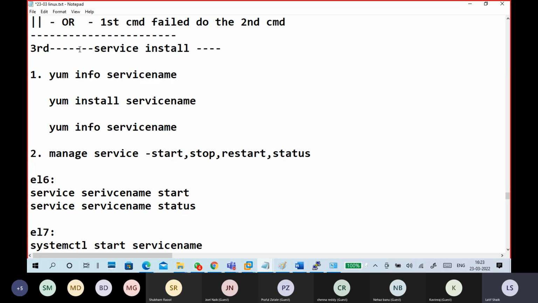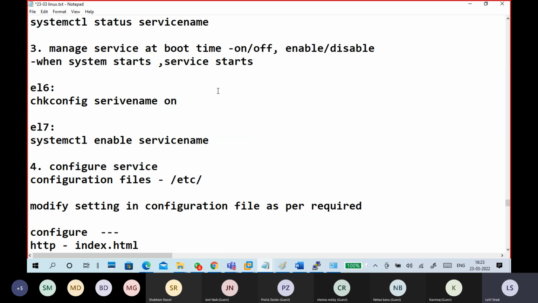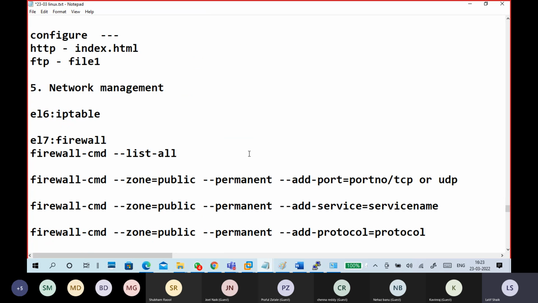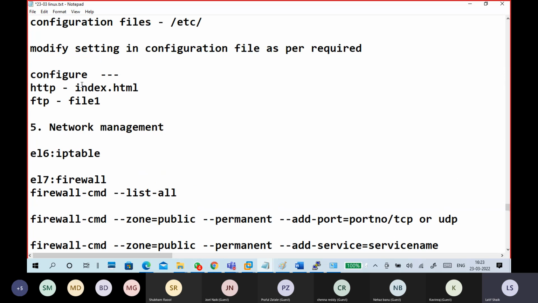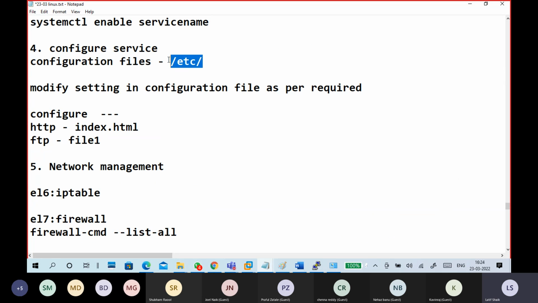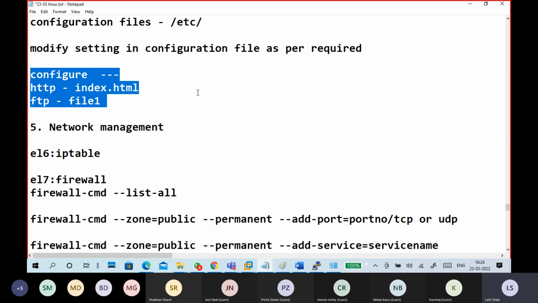From here onwards, important steps: install the service, start the service, check the status of the service, enable the service. And configure the related settings in /etc or files related to the configuration based on the service.